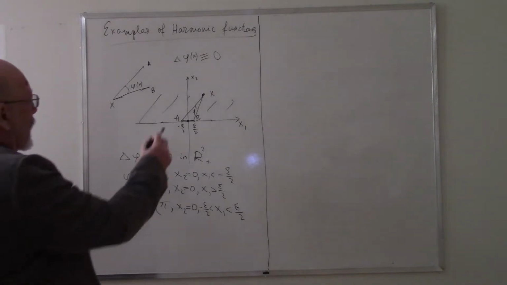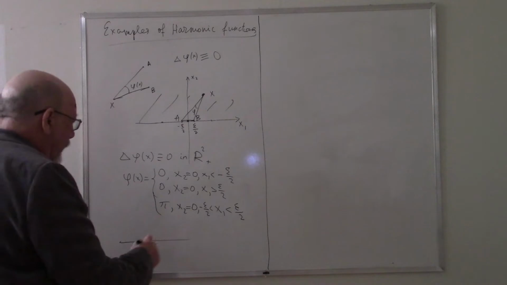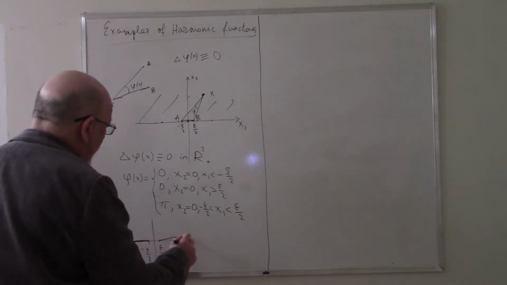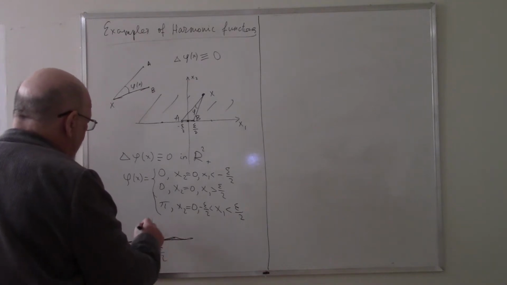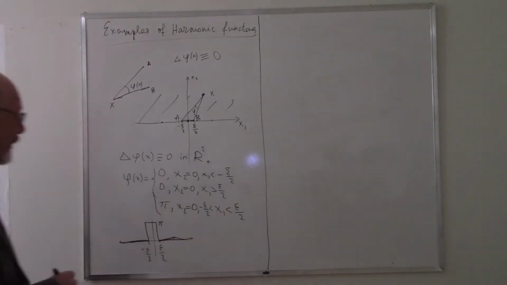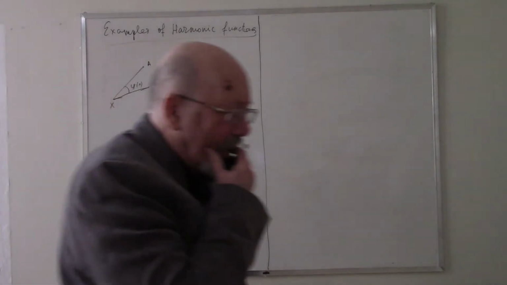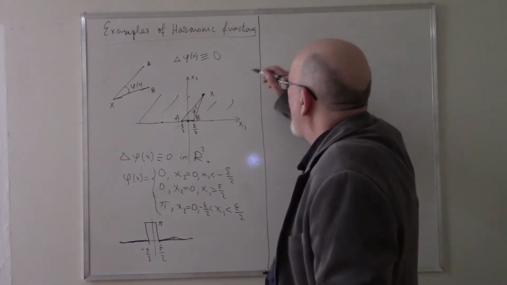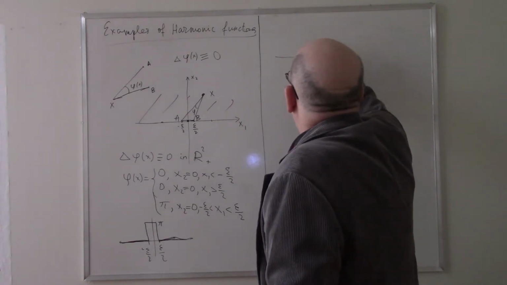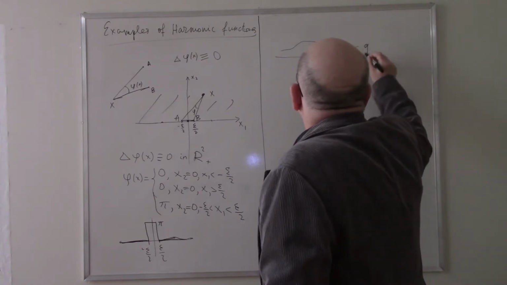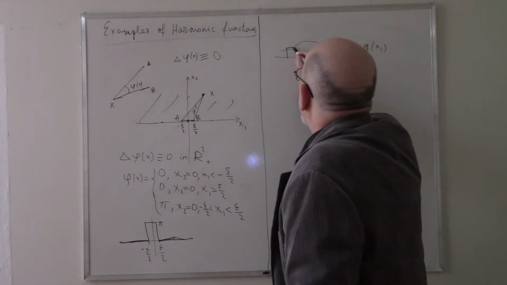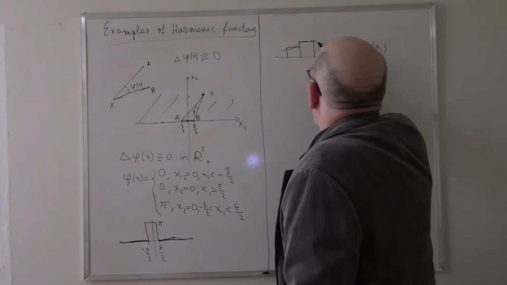Yes, so this function looks like this: minus epsilon over 2, epsilon over 2. Here it is 0, here it is 0, and here it is equal to pi. So this is the function. Now if you consider not only this function but also its shifts, then we can consider any function g of x1, and we can approximate this function by a piecewise constant function,